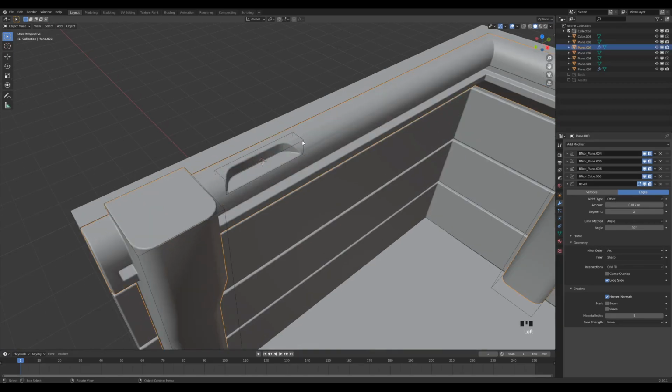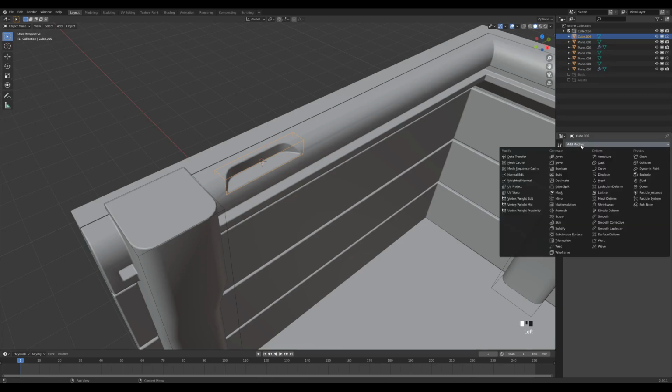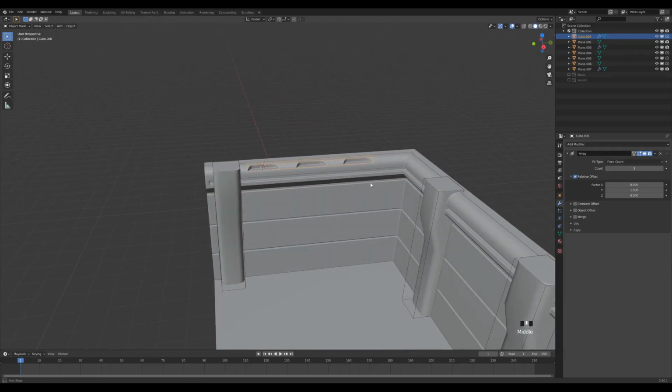And now we can duplicate this, and again we are going to use the power of these modifiers and the non-destructive workflow to quickly create more details just by adding 1 modifier. So select the boolean object and let's add array modifier, and we will change this from X. So let's set this to 0 and 1.5 on the Y axis. So we are moving in this direction, and we can increase count to 3, and this way we created a